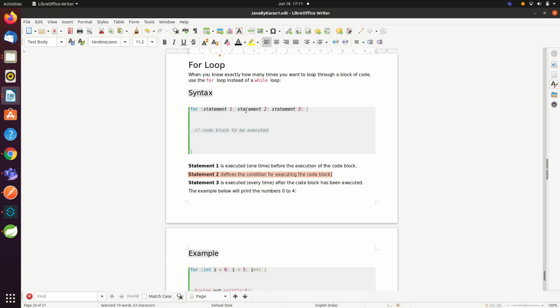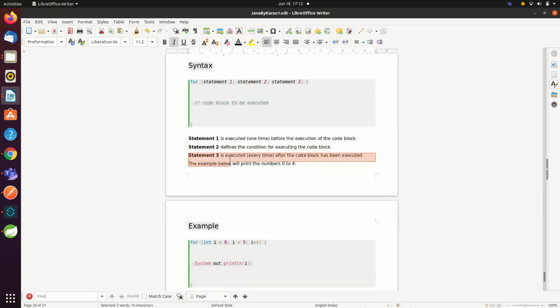Now we give the condition here, and statement 3 is executed every time after the code block has been executed. In the place of statement 3, we increment or decrement the variable given in statement 1.